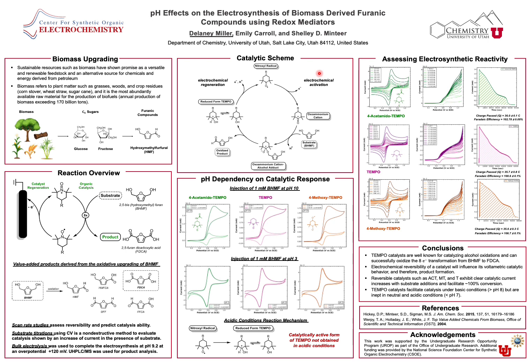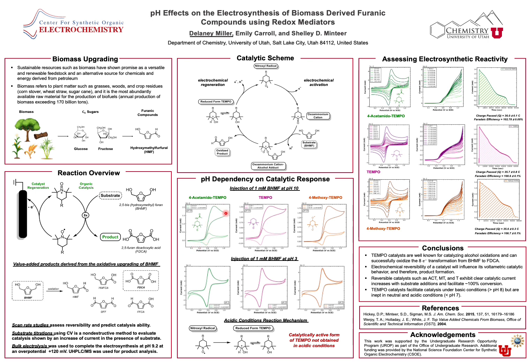So generally for our catalytic scheme, we start with our nitroxyl radical, which is one of these guys right here, and then we can electrochemically activate it to get to an oxoammonium cation. From there, our substrate can be added in, and then we get an alcohol adduct, and then it can be oxidized. And the cycle, hypothetically, will continue from this reduced form of TEMPO, and then be electrochemically regenerated back to the nitroxyl radical. And this happens primarily through basic conditions, as we can see over here, where we have this